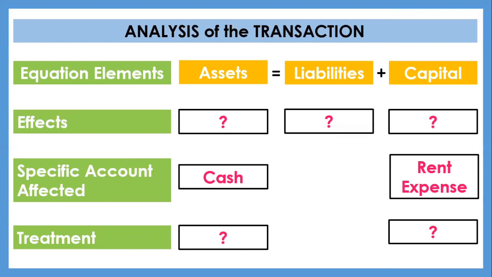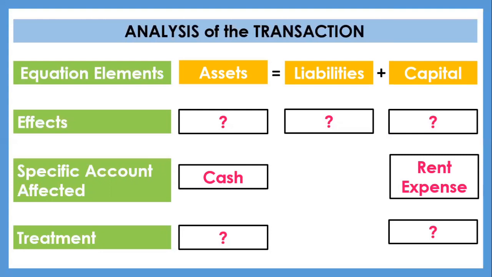Cash, because we let a certain amount of money out from our pocket. And also rent expense, because our rental is already due and we need to make a payment for it. Now, the second step in analyzing the transaction is to determine the effect of each account towards our assets,